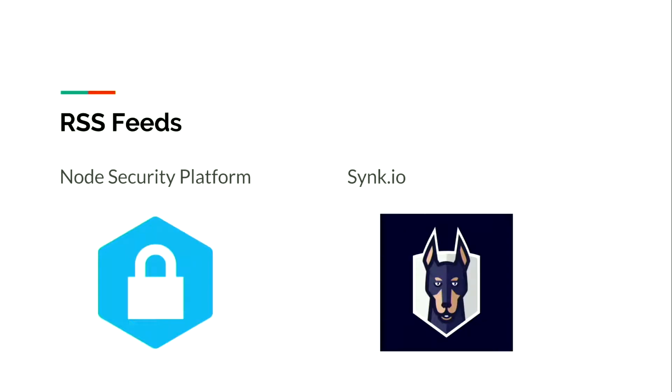Snyk.io is along the same lines there. And what I like about them is that they do more than just NPM. They do Maven, they do pip, they do Go, they do all these different packages. And they're actually a little bit quicker on the Node side than the Node Security Platform. So if you have multiple languages, Snyk.io is probably a good one to watch. And again, they have paid services if you want to get into more security vulnerabilities type stuff. I haven't used them, so I don't have much of a use case, but you can certainly check it out.